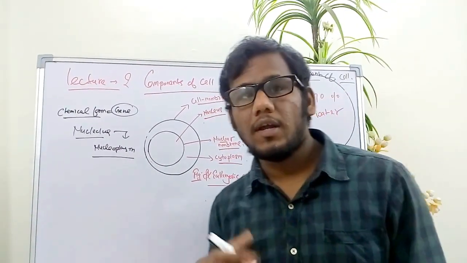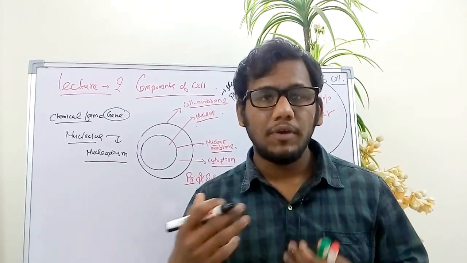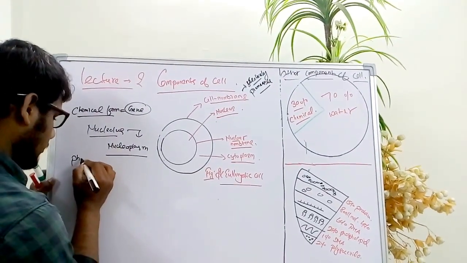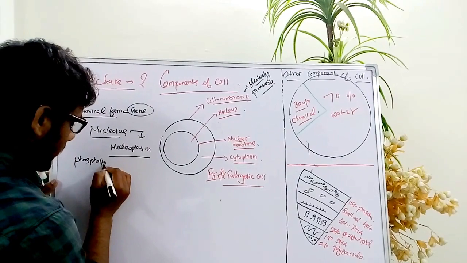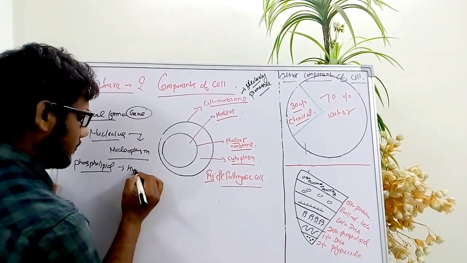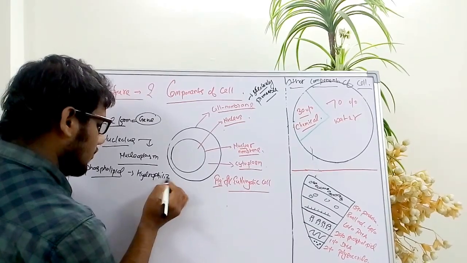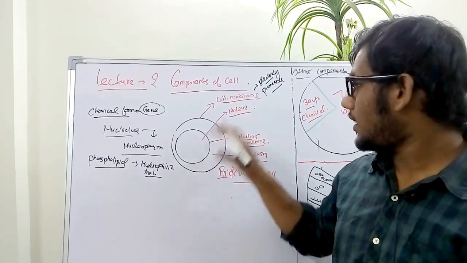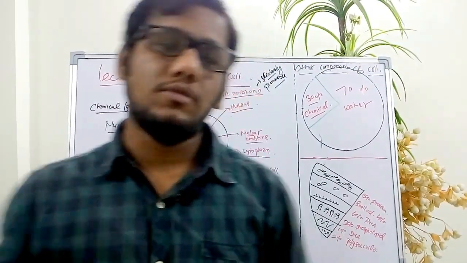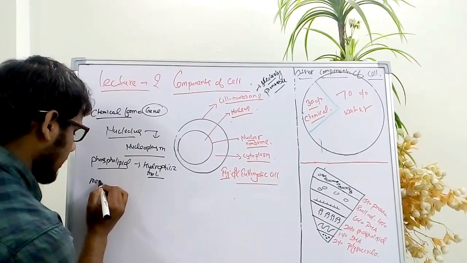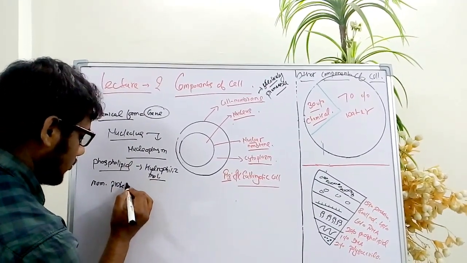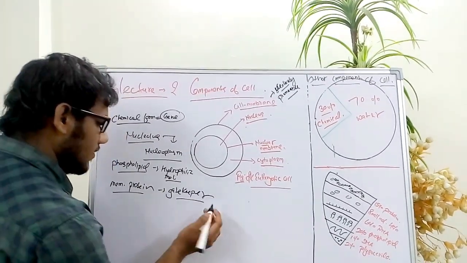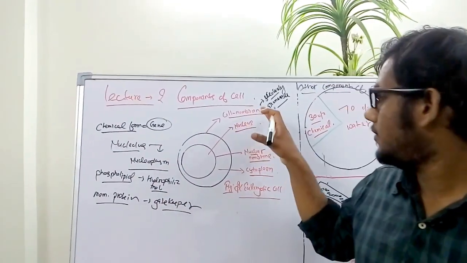This cell membrane is also known as the plasma membrane. The plasma membrane is formed on a framework of fat-based molecules. These fat-based molecules are known as phospholipids. These phospholipids are hydrophilic molecules. Hydrophilic means they are water-loving molecules. And in this cell membrane, various membrane proteins are also present. The function of these membrane proteins is that they act as gatekeepers in the cell. And we have completed the cell membrane.